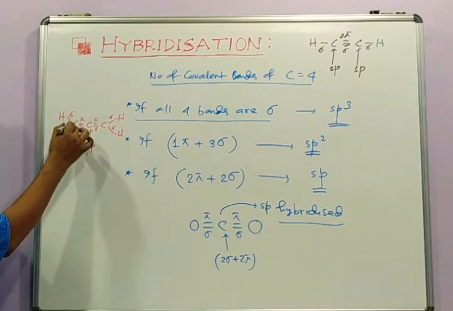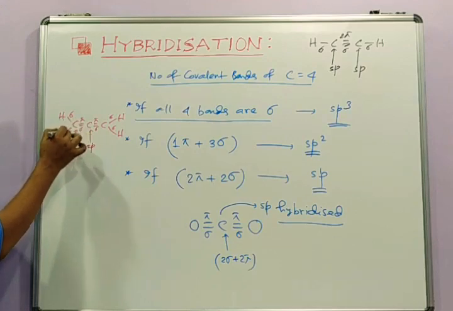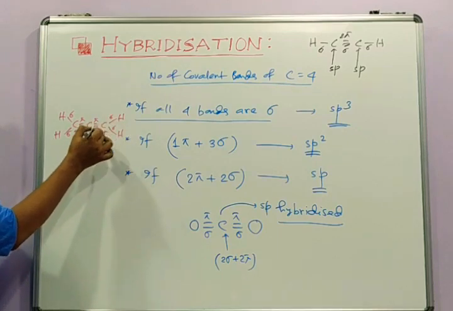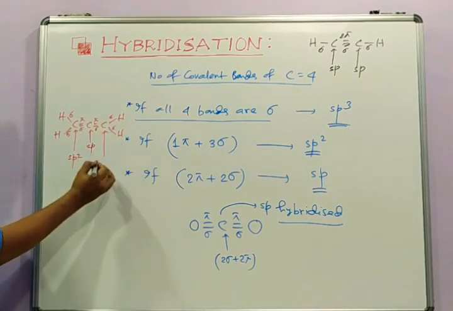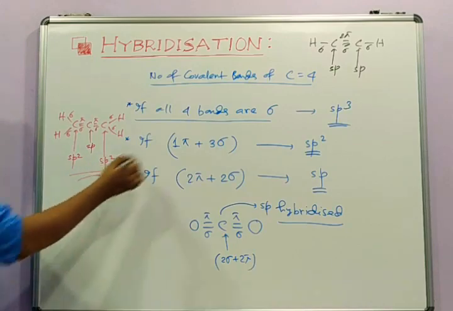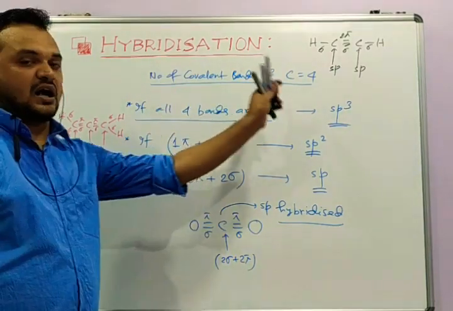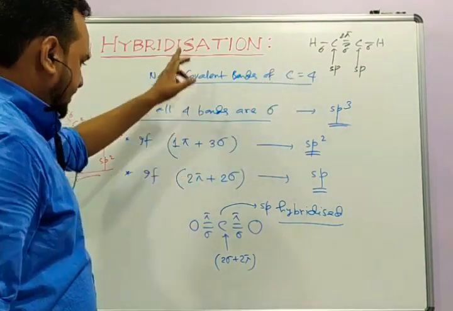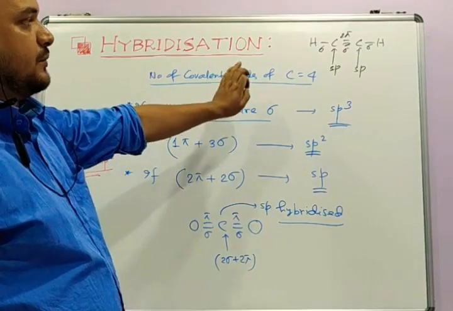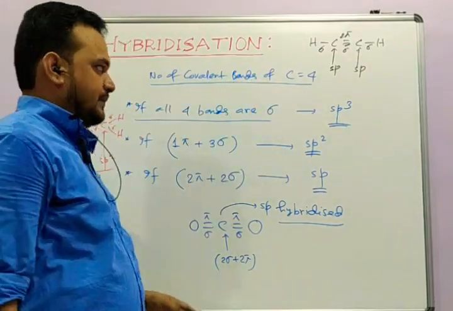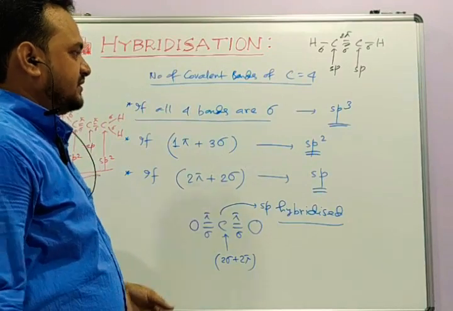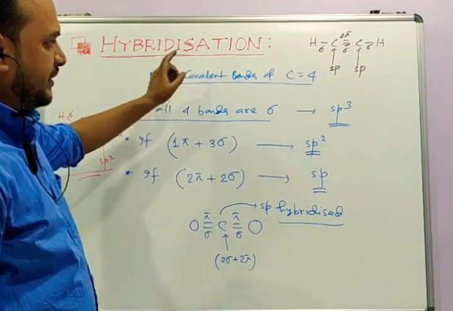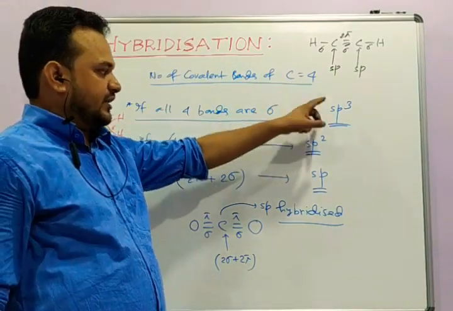But take this carbon, it is making only 1 pi bond but 3 sigma bonds, so it is sp2. This carbon also has 3 sigma bonds, only 1 pi bond, so it is again sp2 hybridized. So by using this trick, only for carbon in organic compounds or in any compound, you can find the hybridization of the carbon atom in a molecule. Some more hybridizations are there that will be discussed in our next video. So we are stopping here by completing the discussion for sp3, sp2 and sp.